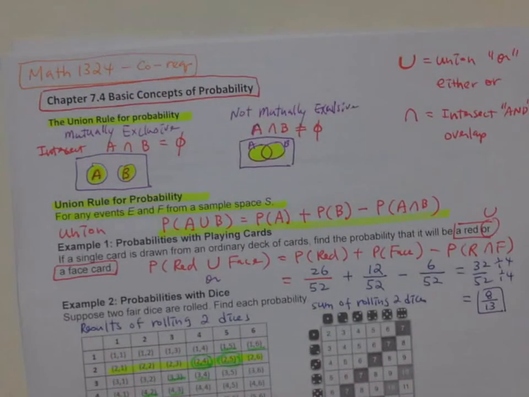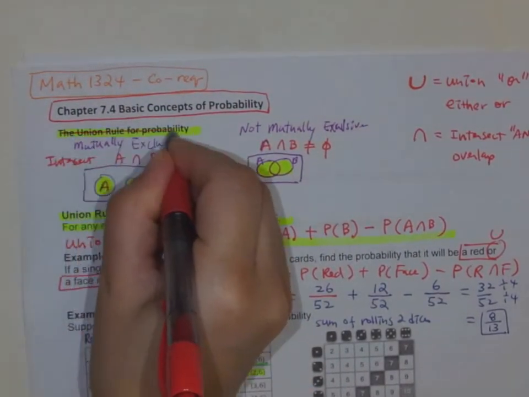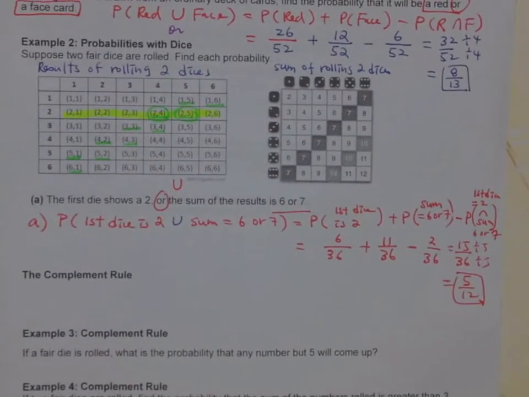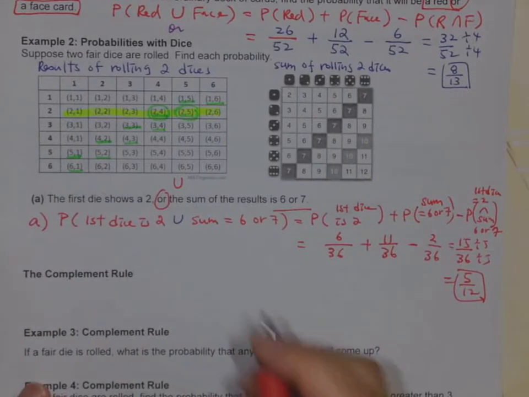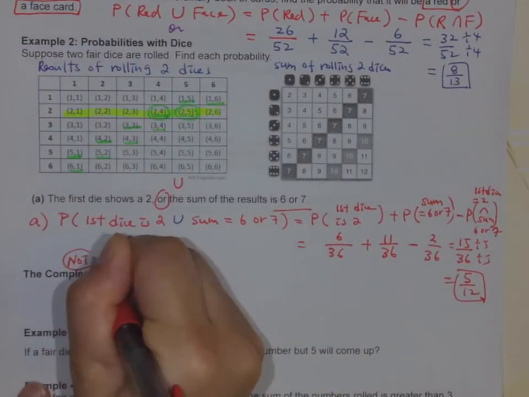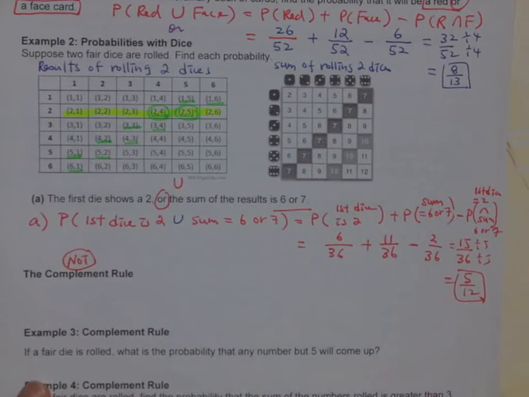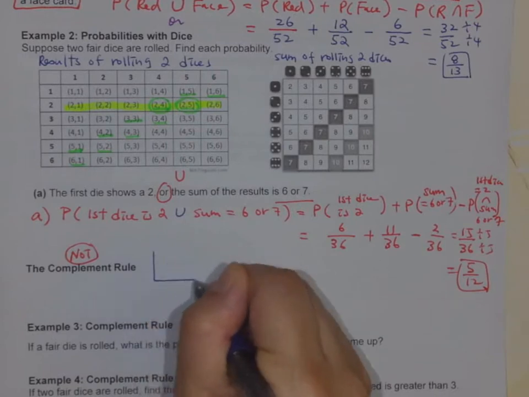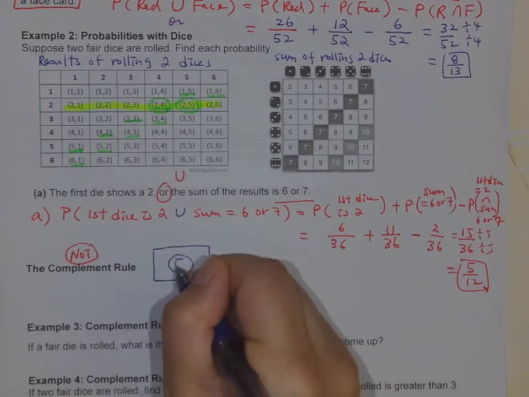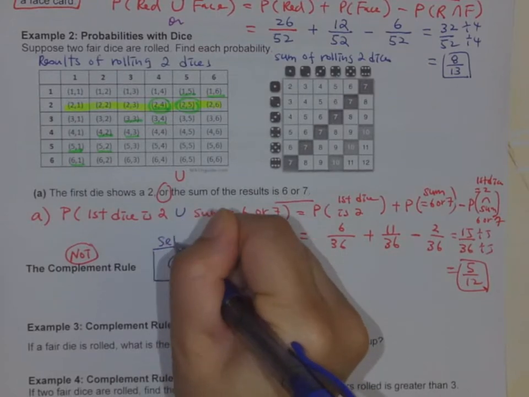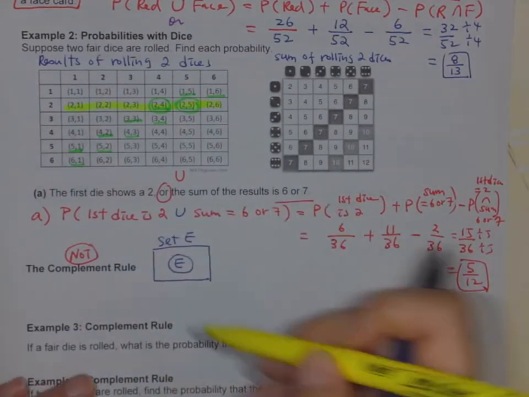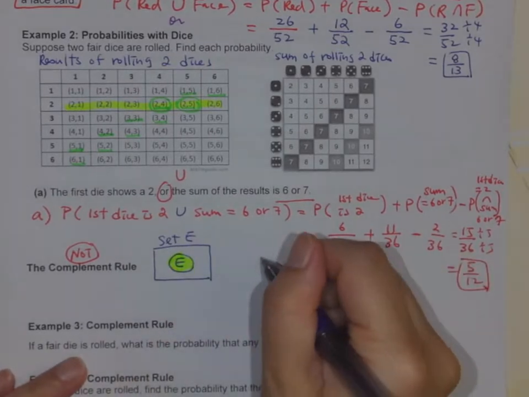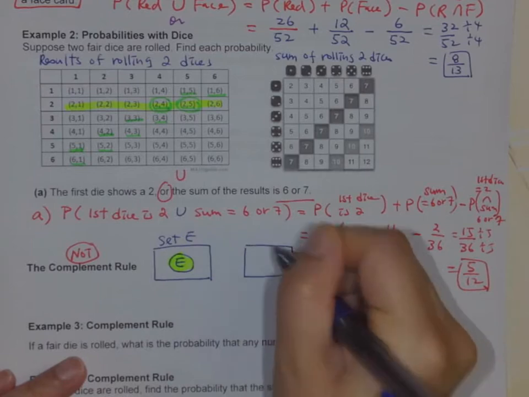So I'm just looking at this. It's kind of bothering me here, so I'm going to cross this out. So when I send you the file, probably this will be gone. Okay, so over here, complements. Remember, complement, the keyword is not, right? So not A. Compare A sets with the universal sets. So I can say if I have a universal set and this is E, so this is set E, so I would color in the circle E, right? And then if I want to draw not E,